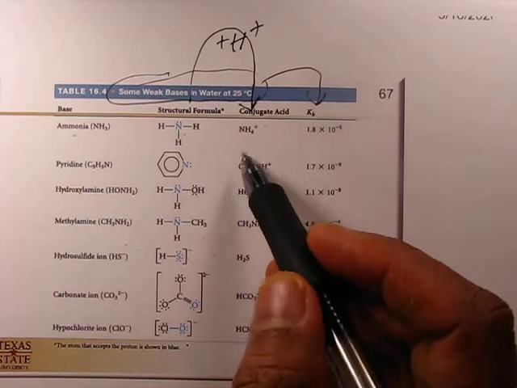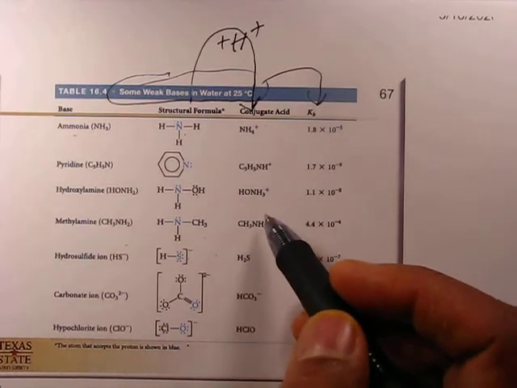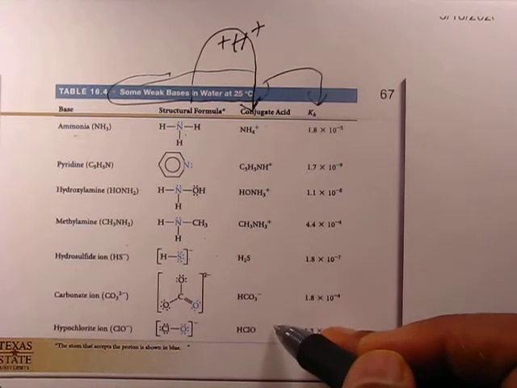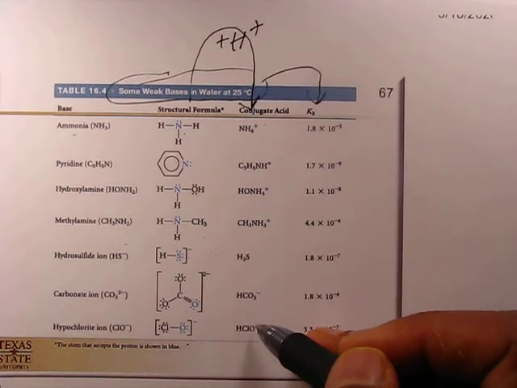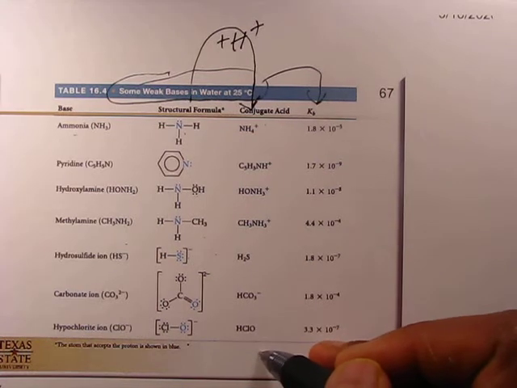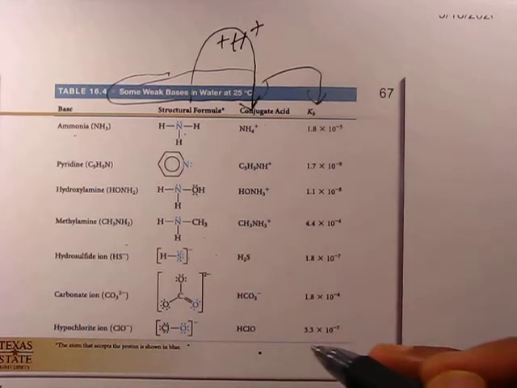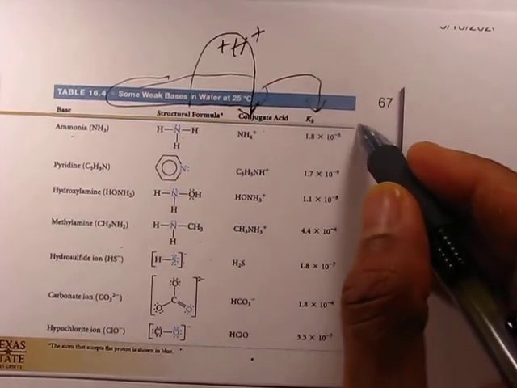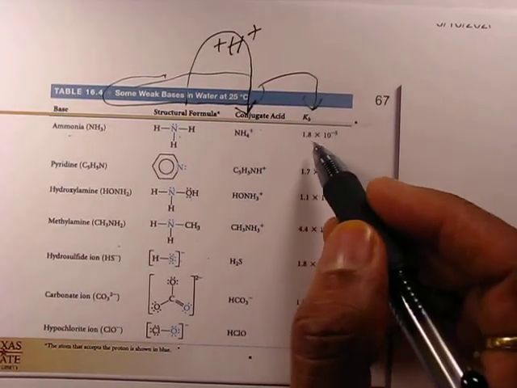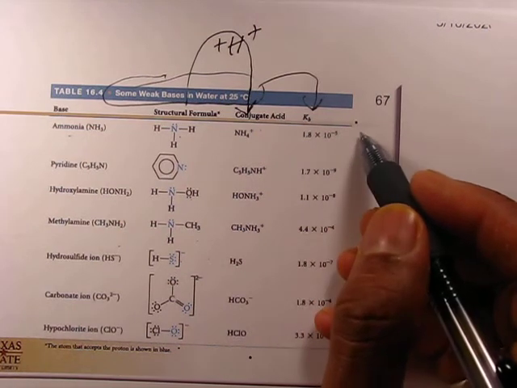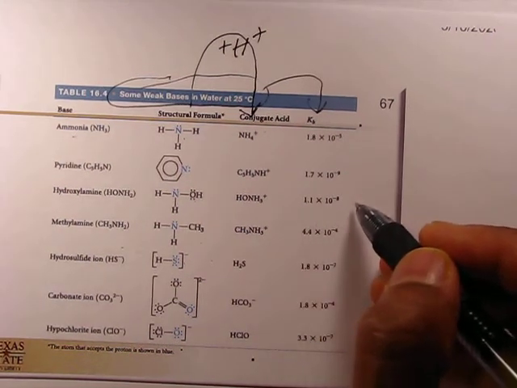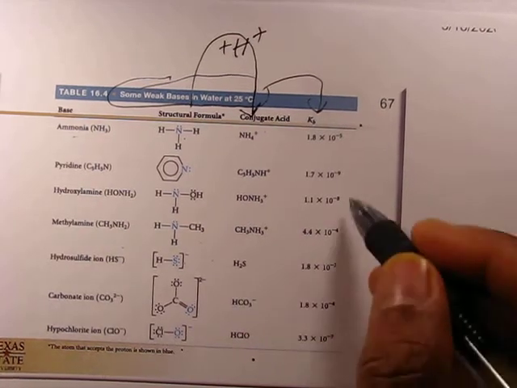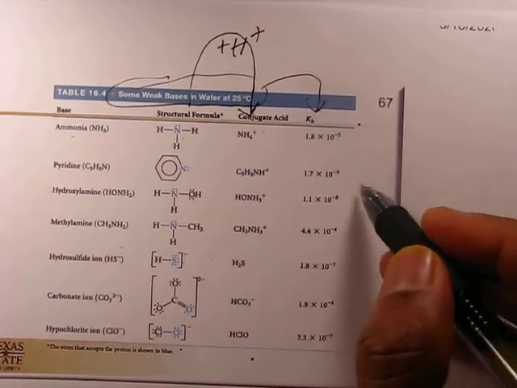So these will be ammonium ion, pyridinium ion, hydroxylammonium ion, methylammonium ion, H2S gas, bicarbonate ion, and hypochlorous acid. And if you see their Kb values, they are very small: 1.8 times 10⁻⁵, 1.7 times 10⁻⁹, 1.1 times 10⁻⁸. They are very different values,